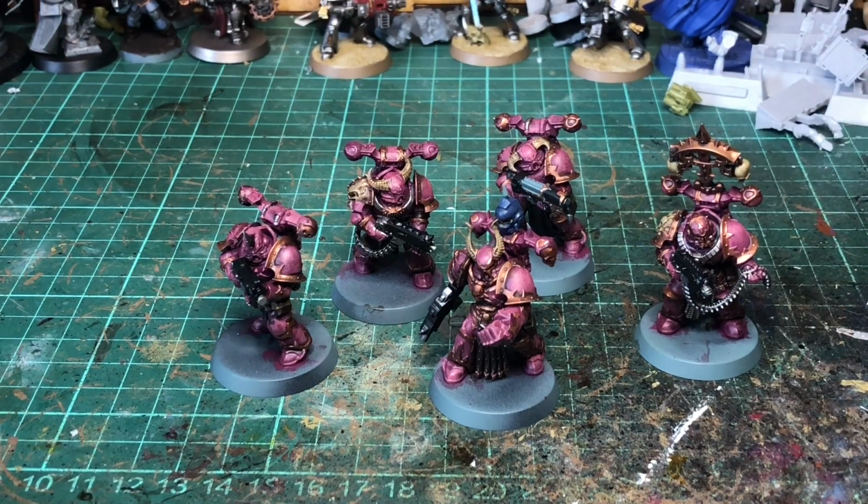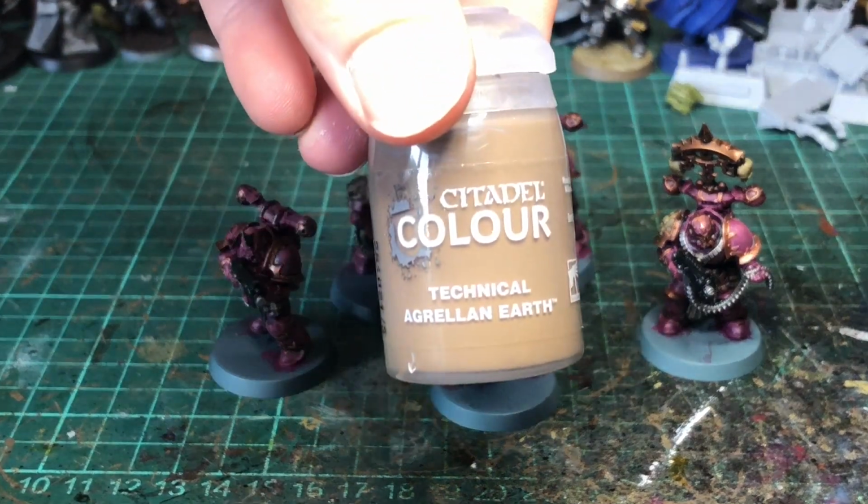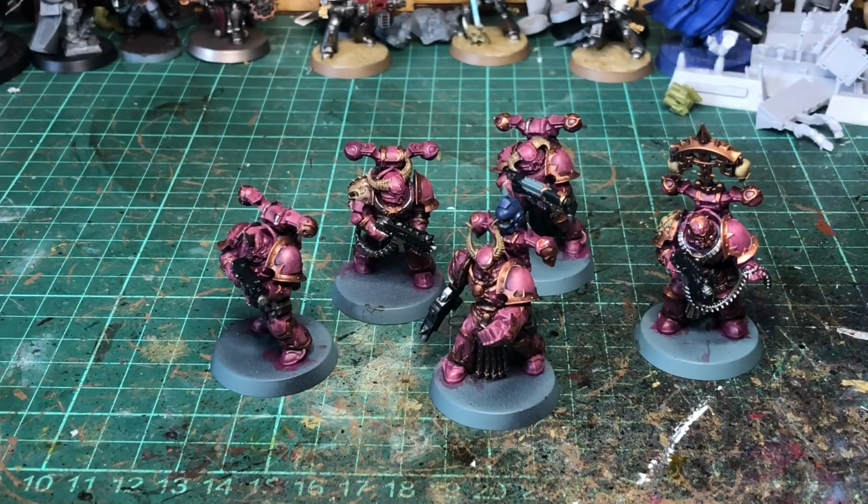Texture paint wise, I'm thinking of going very similar to the Nova Marines that I've painted up that may have been on the channel before, and doing them in Grell and Earth and getting that little crack on there, and then giving it a wash of Seraphim Sepia, and then whack on a couple of tufts of grass. I think that might look quite nice, but